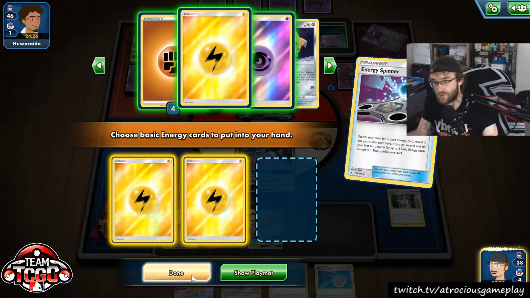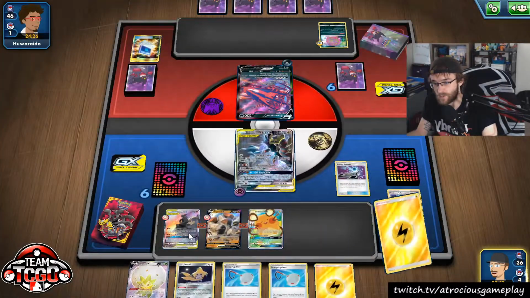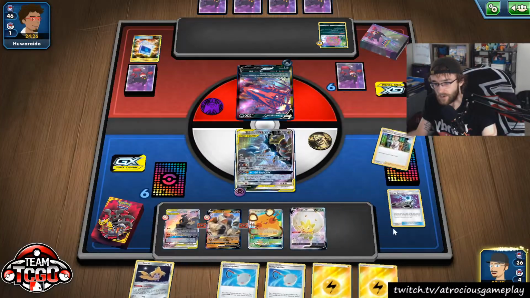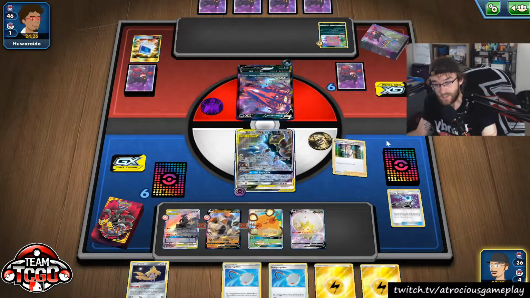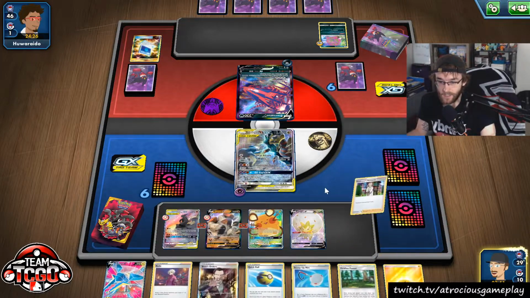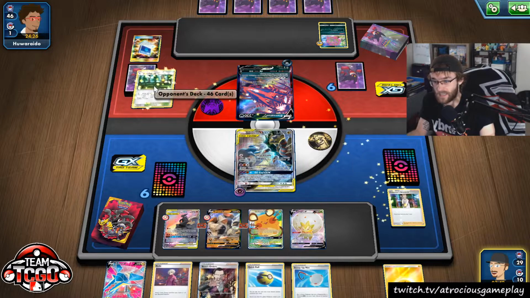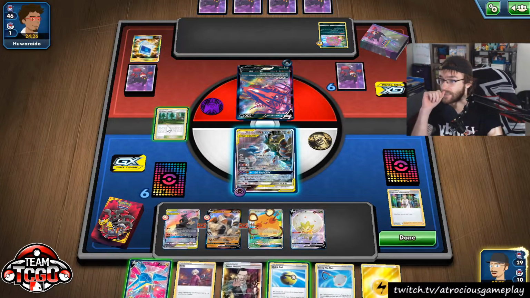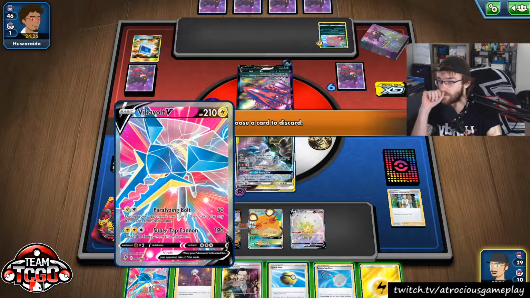We'll just do the 2 energies like we've done before so then we can Coco. We're going to go Research. Man, this is really aggressive. This is a very aggressive play in my personal opinion. We do get the Bead, which is awesome. We can also get the Viridian Forest. And we could also get the, we could go